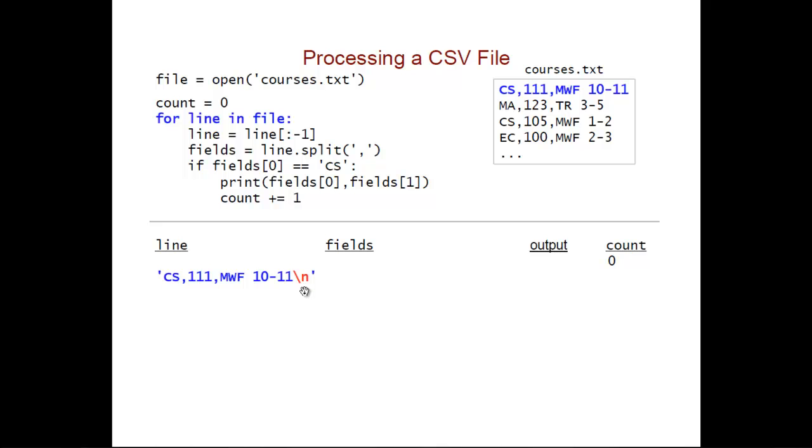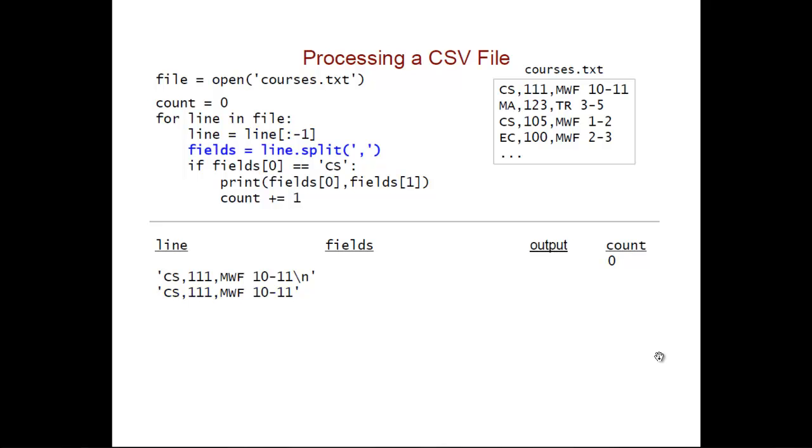Now, the fact that that new line is there is often a problem. So typically, when you're reading from a file, the first thing you want to do inside the body of your loop is trim off that new line. And you can see I'm doing it using a slice that goes up to, but not including, that last character, which is the new line character. And so after doing that, and assigning the slice back to the variable line, line is now going to look like this, so it has the entire first line, but it no longer has the new line character at the